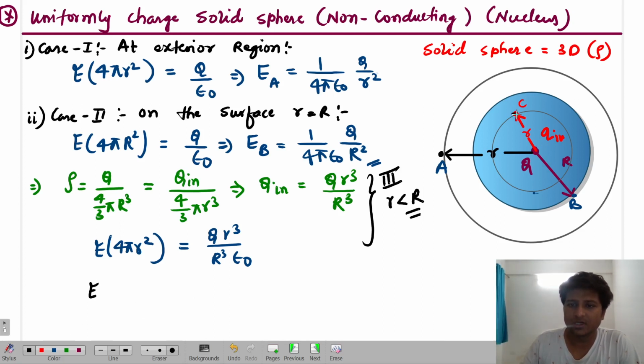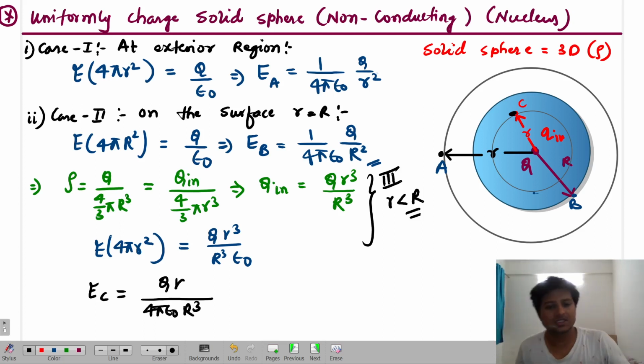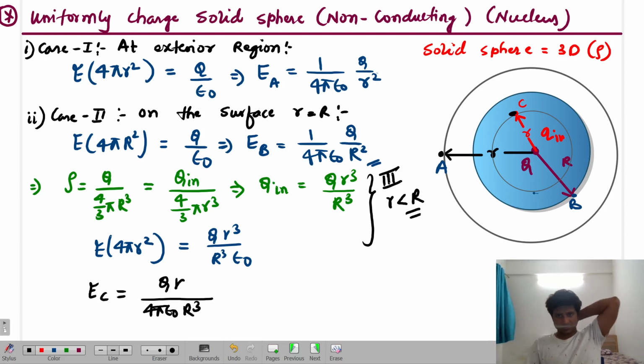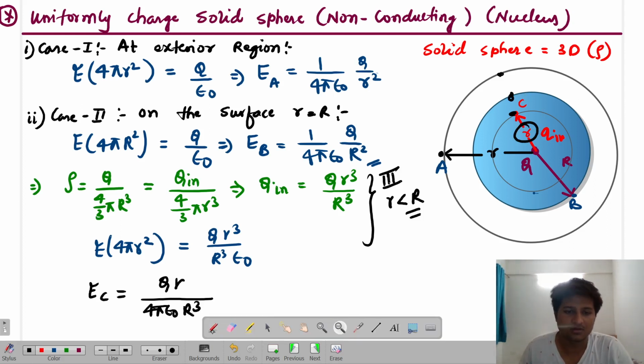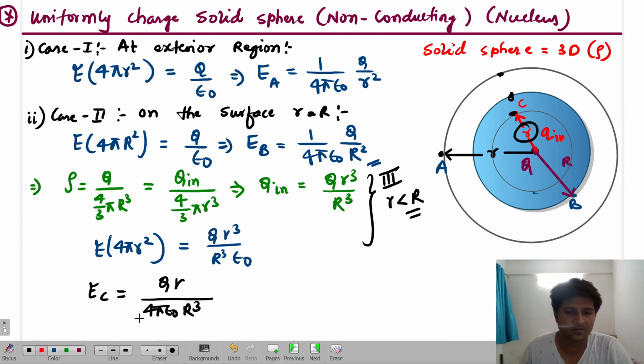So therefore E at point C is simply r square will get cancelled, it will become r. Q small r divided by 4 pi epsilon naught into capital R cube. That's your electric field inside the solid sphere. So on the surface and outside it is the same, Q by r square. Inside it is varying with respect to this r. Got it? So therefore, look over here. If I want to draw the graph of E versus r,